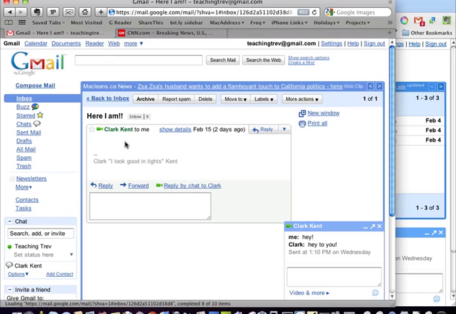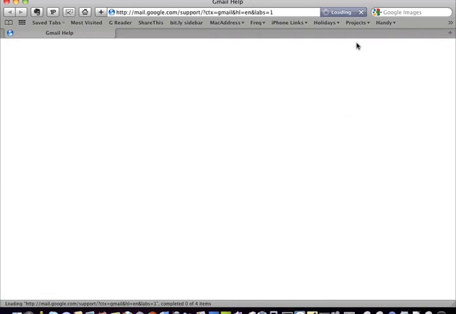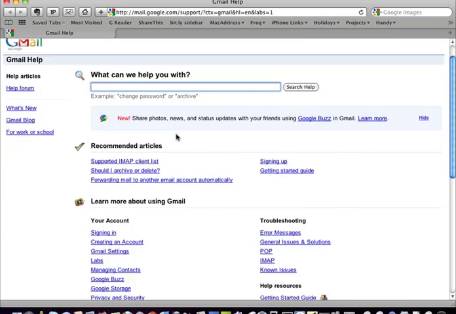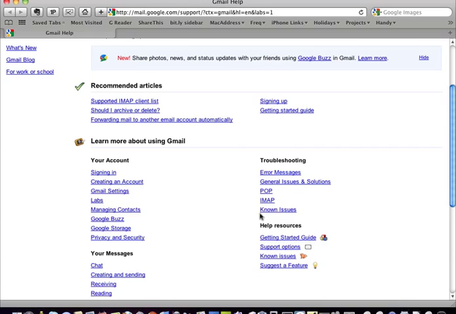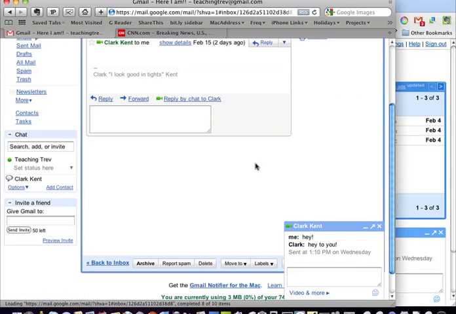For any of the stuff that you want to have help with Google, they have some really good help, and it's all just a matter of going under the help menu here. When you start off, they have all sorts of wonderful information. You know, what's new, if you're just signing up for the beginning, how to manage contacts, storage. We never even talked about that. How many of you are with Shaw or TELUS? Okay, a number of you are with Shaw and TELUS.